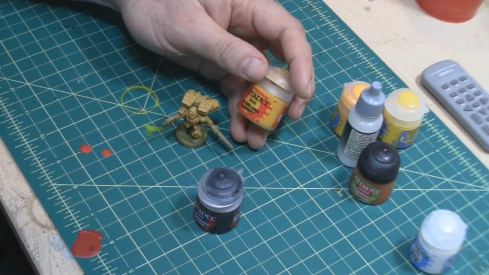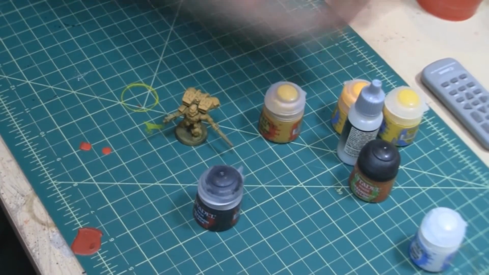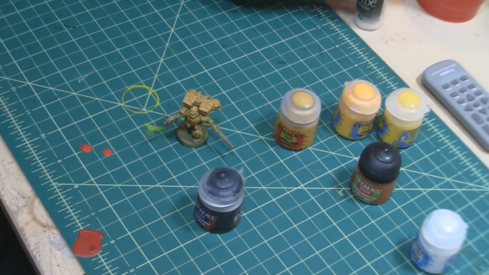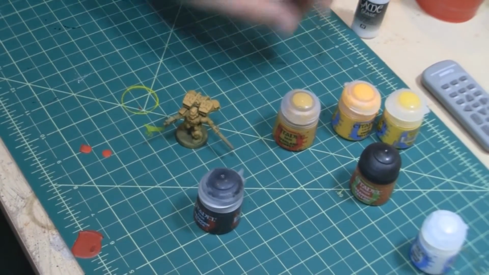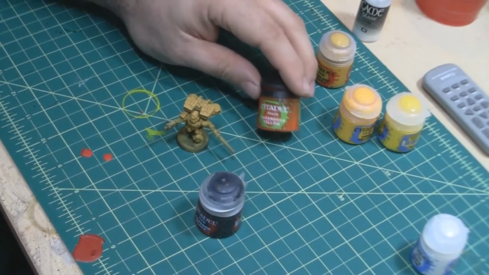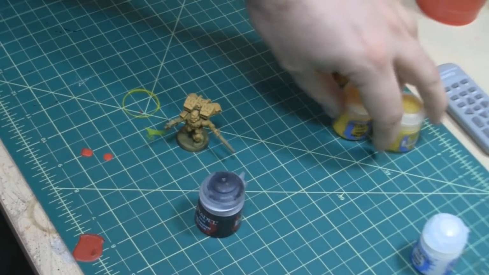Now, all of my new videos will be using a combination of lots of different kinds of paints, whether it's Vallejo or Citadel or Reaper. So be prepared to expand your paint palette. So for this guy, what I'll be using is the base Averland Sunset, the shade Casandora Yellow, 2 layers,